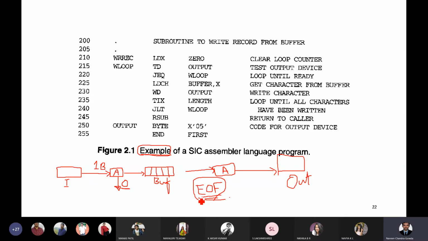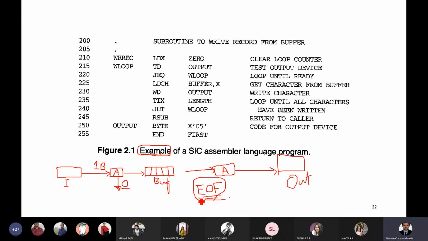This theory and analogy you are supposed to understand, then only you can actually understand the logic, right? I hope you understand; if not, it will be clear within a minute. What we are doing is you keep on reading the data from the input device. Whenever you come across zero, you stop the reading process. Whatever you read, you put it in the buffer. Then in the writing process, you write that content present in the buffer to the output device, and you also write EOF at the end of the file once you are done with the writing.